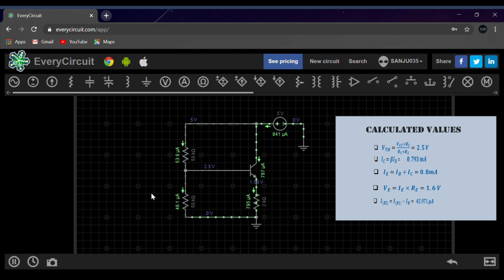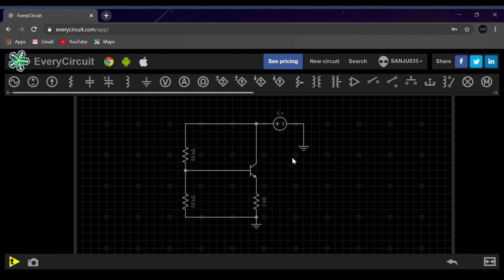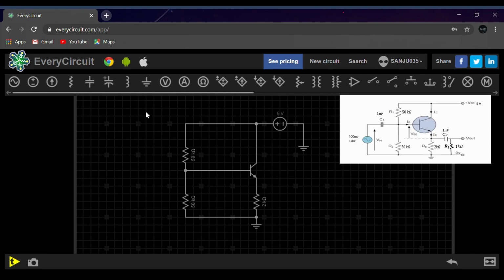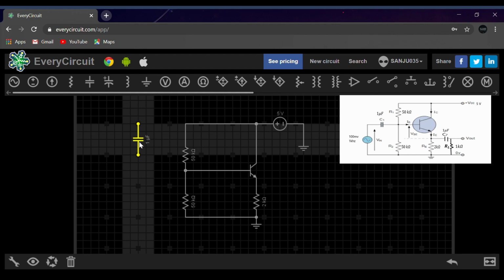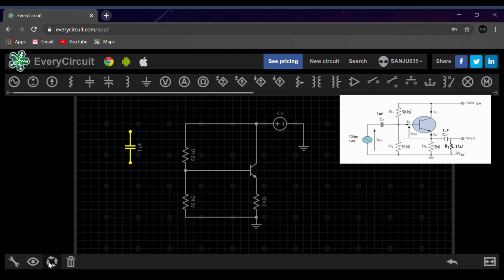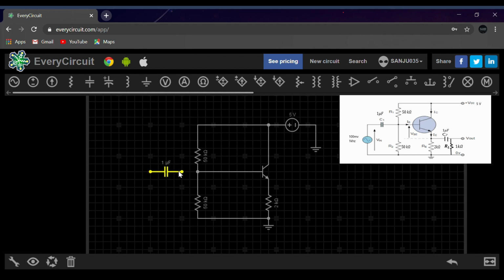So now let us stop this and let's move on to the AC analysis. In the AC analysis we have a capacitor here. It is already in microfarad. I'll rotate this and connect it over here, and we need an AC signal. So we'll take an AC signal from here.